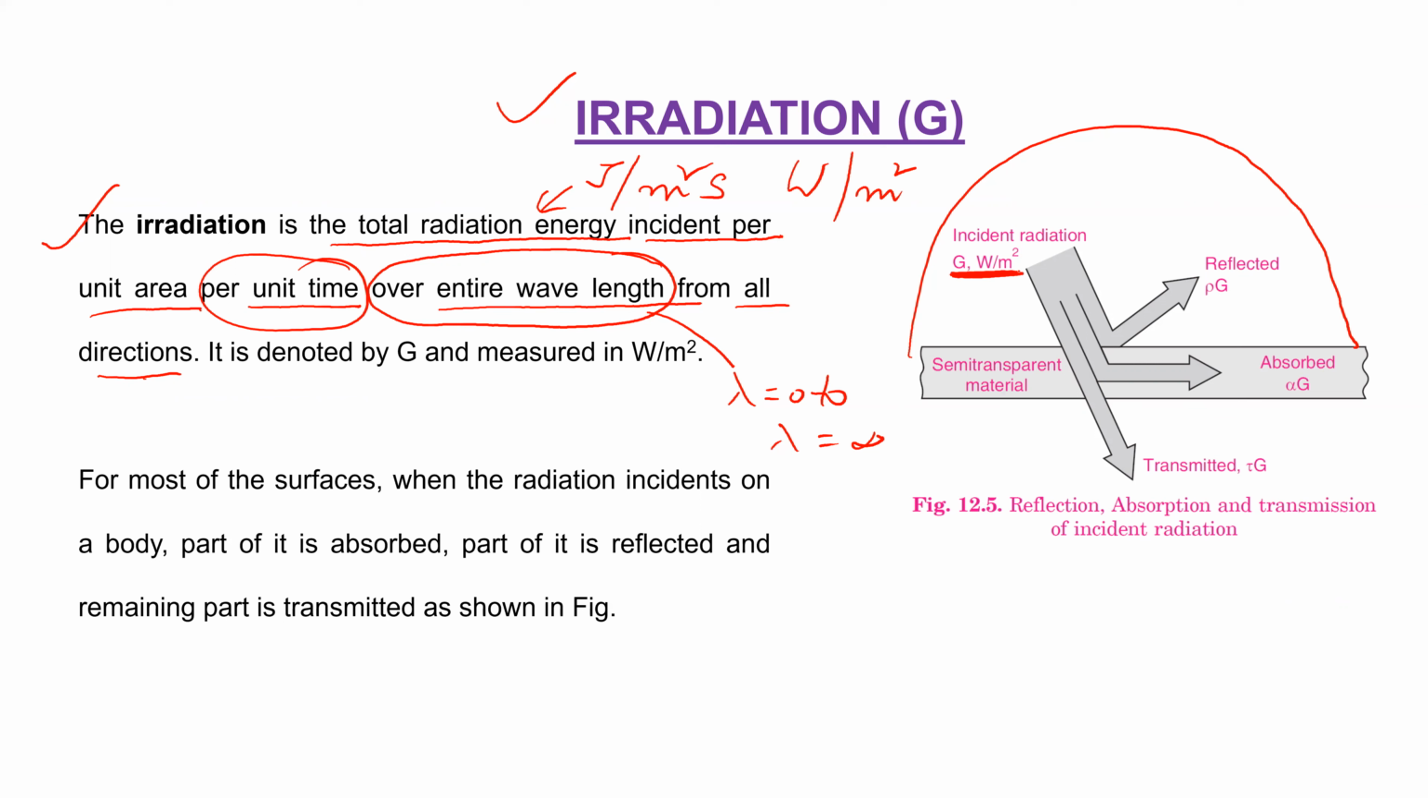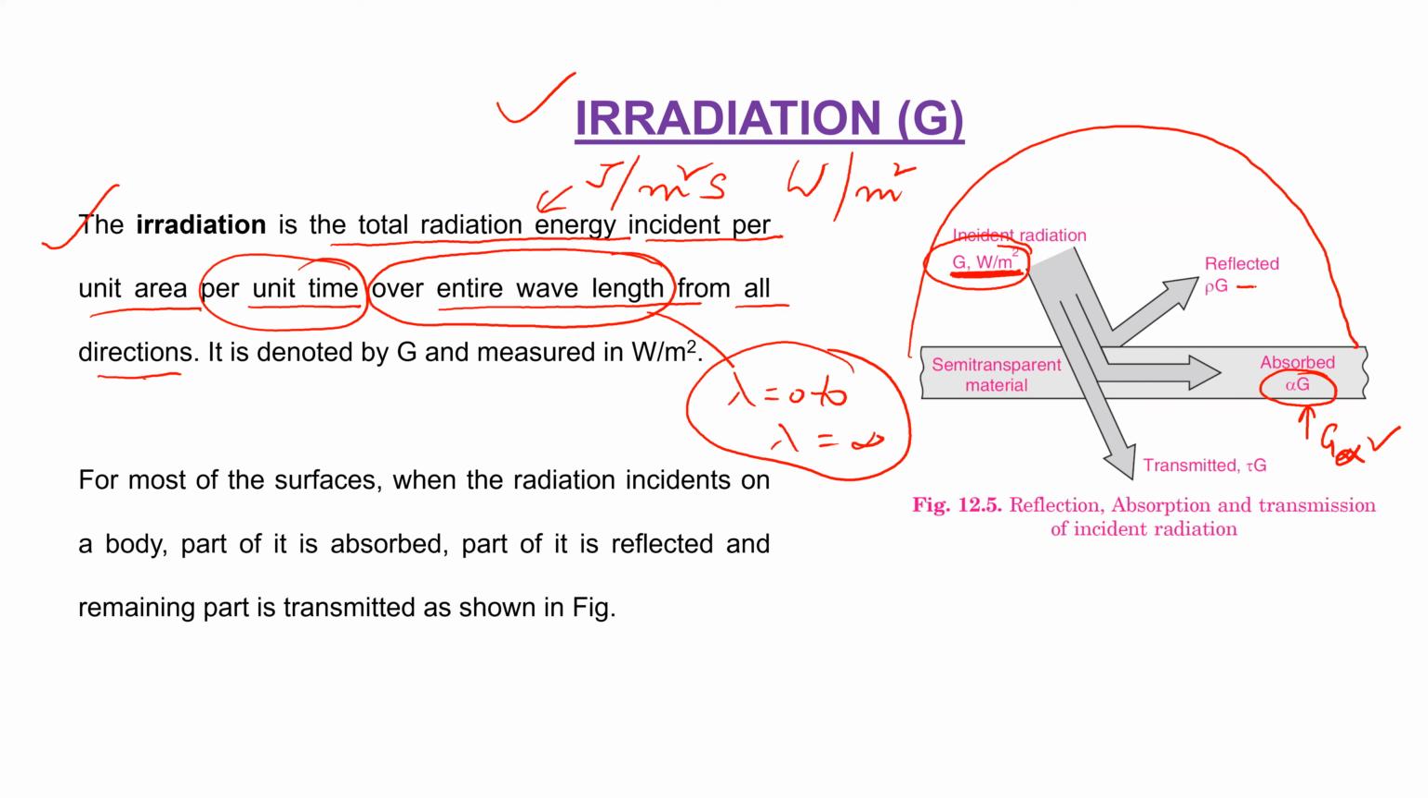And it is coming from all the directions and for the entire wavelength range, lambda equal to 0 to infinity. Now when it falls over this particular surface, a part of it will be absorbed. This absorbed part is given the name alpha G, or it can also be written as G times alpha. G is the total incident radiation, a part of which is absorbed, G alpha,